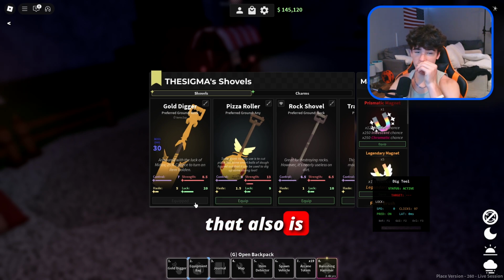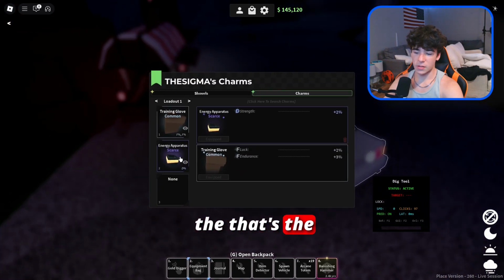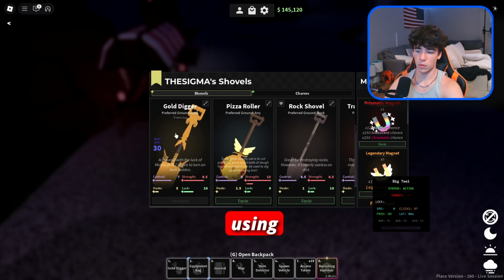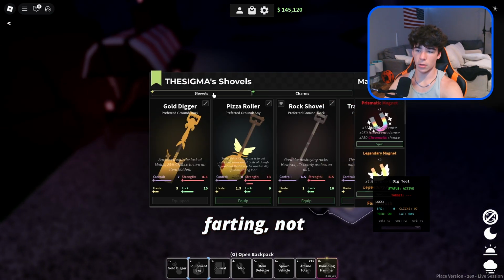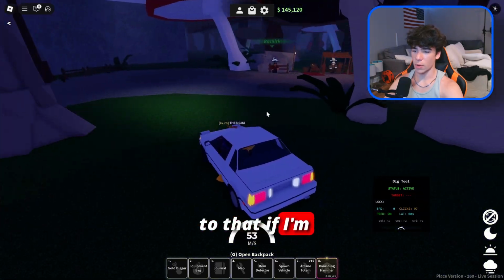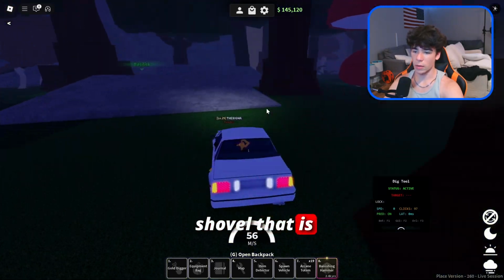The reason for that, also decent luck, is I also bought a charm. Hold on. That's the other thing. So the charm, see, I have an increase on my strength now, but I had a lack of strength compared to the pizza roller I was using previously. So I can use the pizza roller if I'm fighting bosses, and then switch up to that if I'm using that. That one was a bit more on the expensive side, but the next shovel that is going to be like